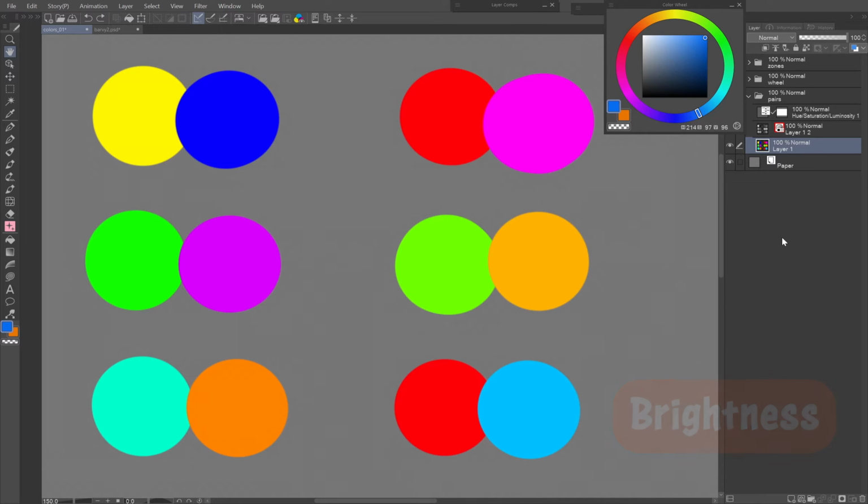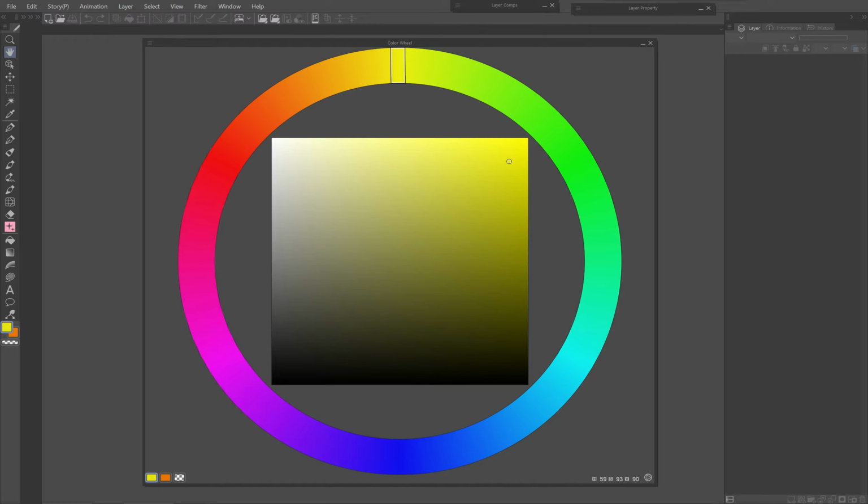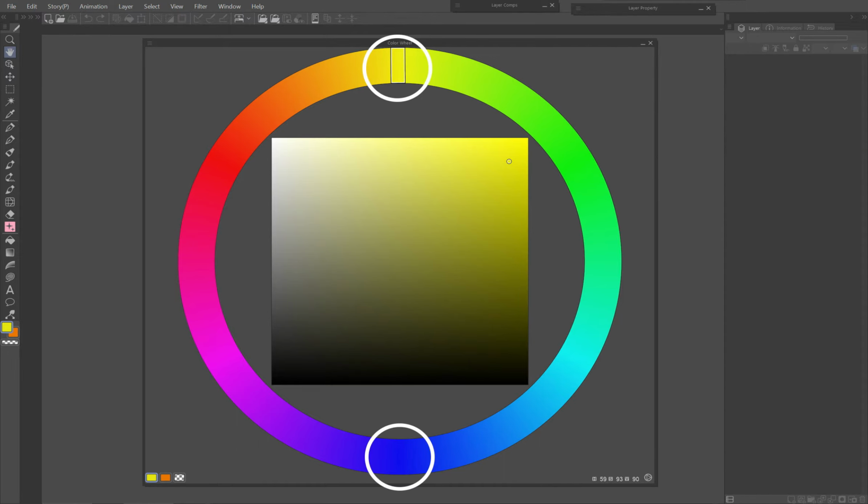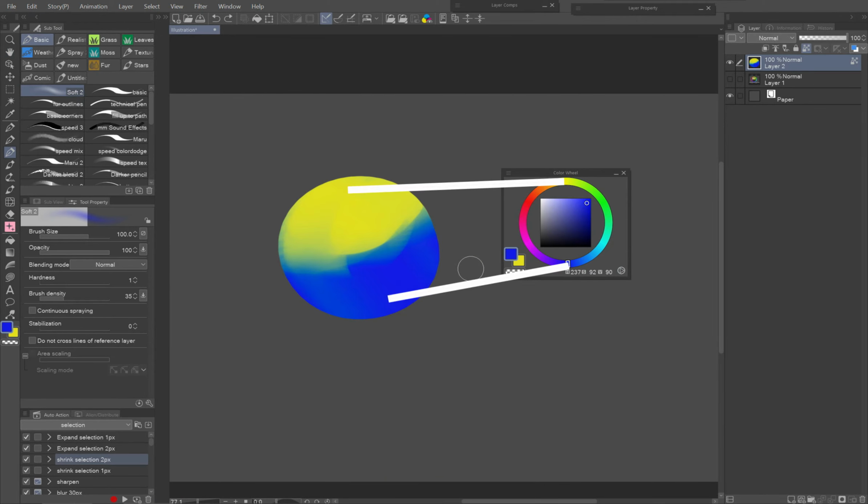Brightness. Any color can appear dark or light when put next to another color. The most apparent example is the color wheel itself, even though technically the circle consists of colors of the same brightness and saturation. Nobody would deny that yellow looks lighter than blue. This basically tells us we can create a strong contrast between light and shadow just by using blue as the shadow and yellow of the same brightness and saturation as the light.